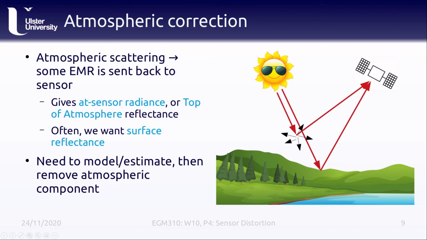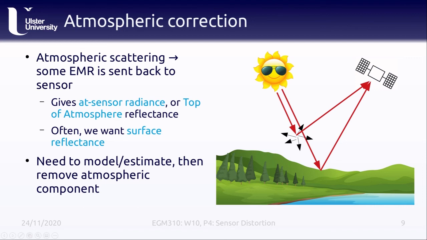This can be done using an atmospheric transfer model that models the atmospheric components and estimates the amount of scattering, or using another sensor with a larger number of bands, which can be used to estimate the amount of scattering based on the atmospheric conditions at the time. We can also use the different bands within a scene to estimate atmospheric scattering, although this is usually a less